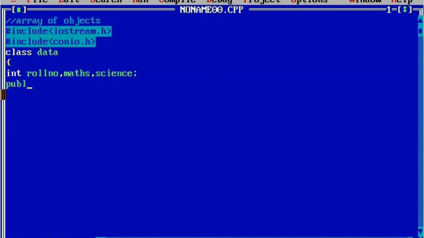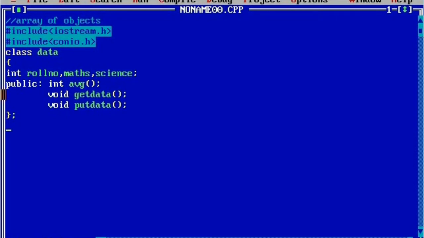Now I'm going to write public member access specifier. Here we are going to declare member function as int average, then void get data to receive the data from the user, then void put data to display the data back once again to the output. So next curly closing brace, put semicolon, and we are going to define all these 3 functions outside the class definition using scope resolution operator.